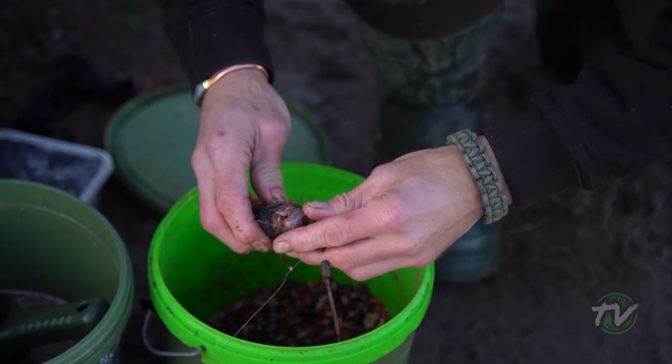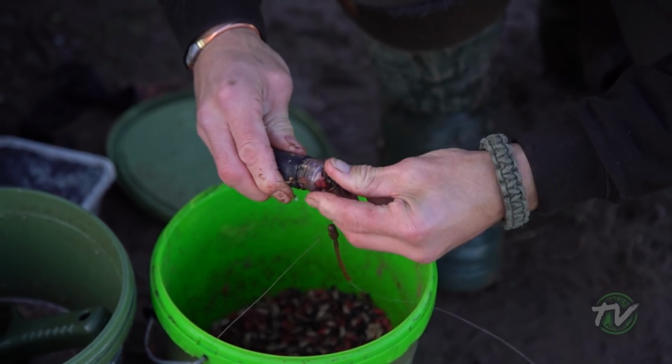It's a massive part of my fishing. Like I say, the conditions have been awful. It was freezing last night. Switched over to just hemp, maggots, chopped worm. We've had 4 fish already, and I'm confident that if the chub and the bream are feeding on that,